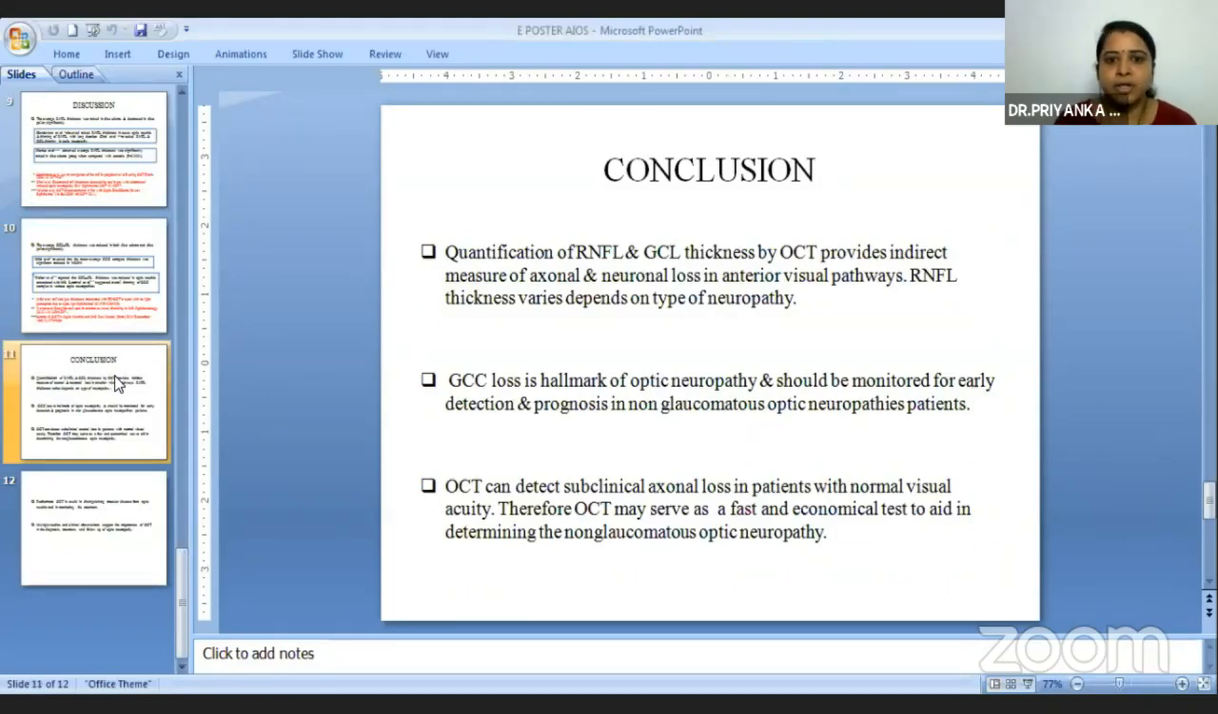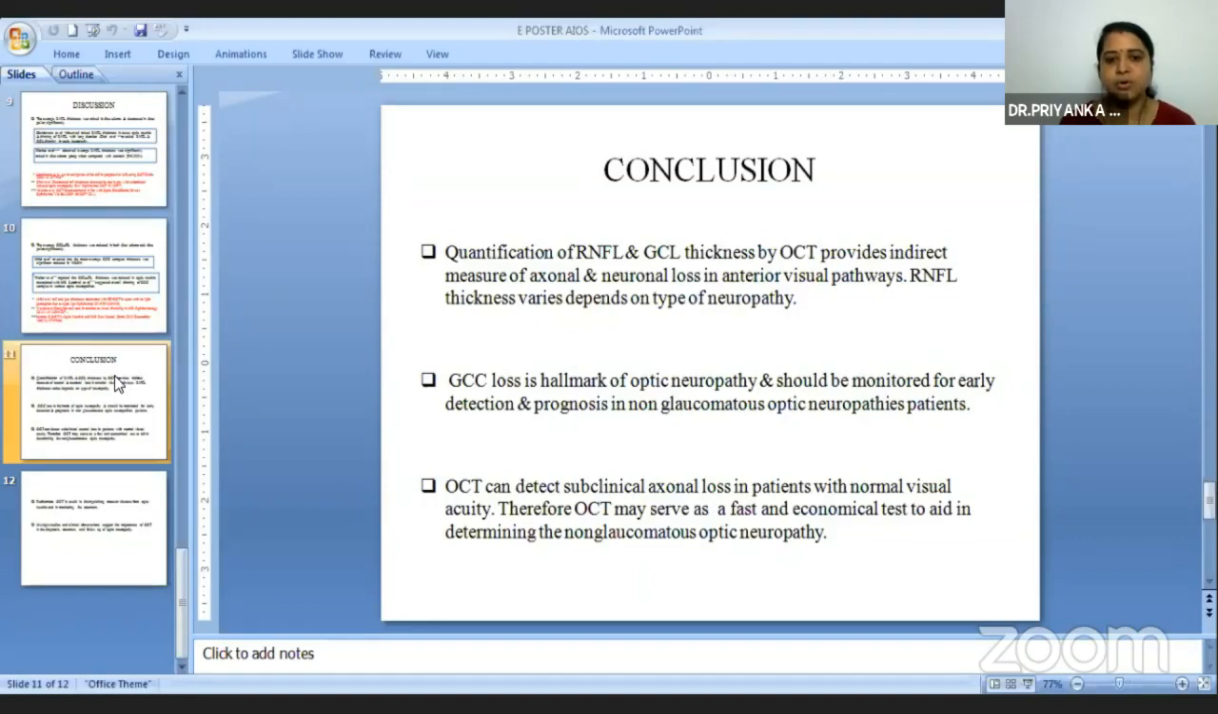Conclusion: quantification of RNFL and GCL thickness by OCT provides an indirect measure of axonal and neuronal loss in the anterior visual pathway. RNFL thickness varies depending on the type of neuropathy. GCC loss is the hallmark of optic neuropathy and should be monitored for early detection and prognosis in non-glaucomatous optic